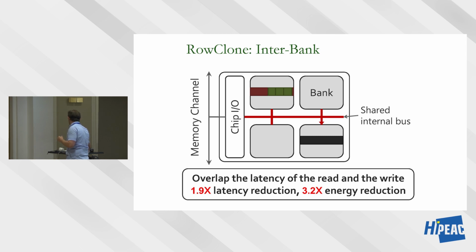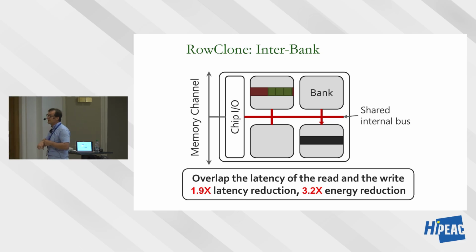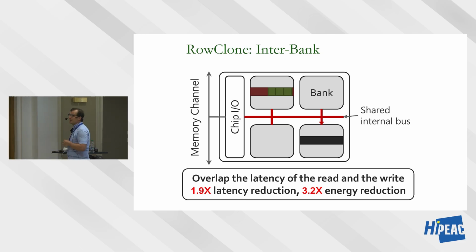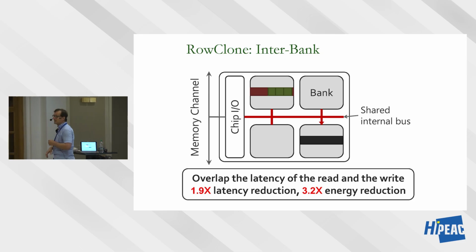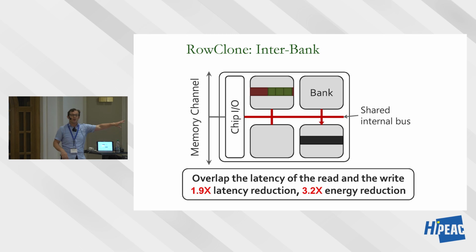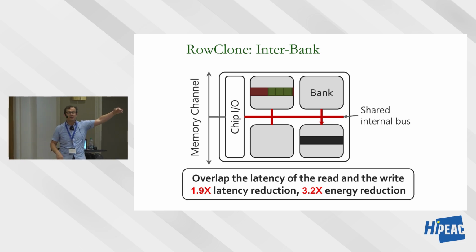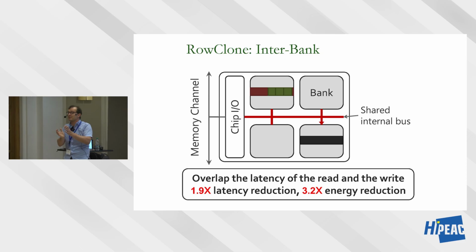And if you want to copy, for example, these 3 bytes from this row to 3 bytes in this particular row over here, you can set this bank to read mode, set this bank to write mode, and basically send a command saying copy 3 bytes from this bank to the other bank. This requires changes to the DRAM interface, but the hardware changes are relatively little to do. And we've shown that you can reduce latency and energy significantly this way, although the benefits are not as high as what you would get if the source and destination rows are in the same subarray.